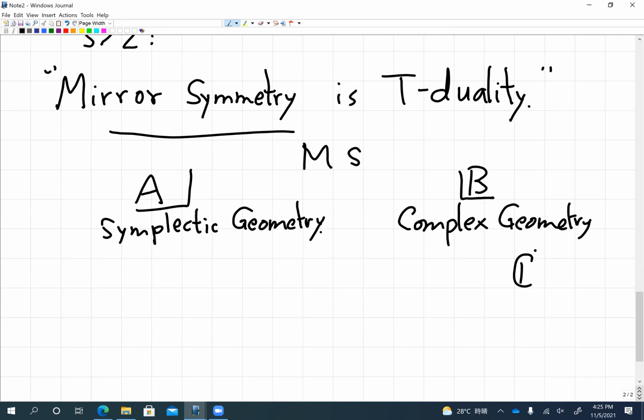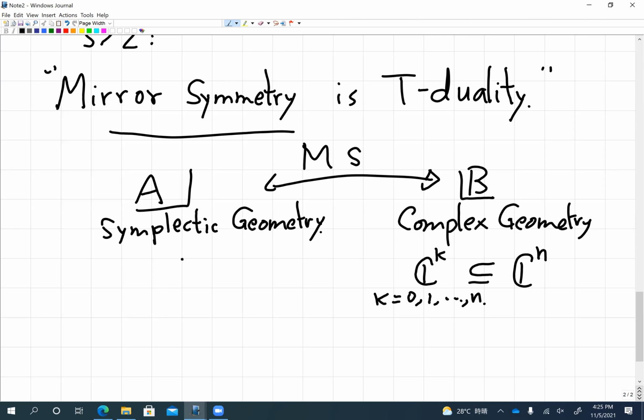So in general, a space could be like Cn. Locally, it's always Cn. In complex geometry, you might want to look at some subspace, which is Ck, where k can be 0, 1, 2, 3, 4, 5, up to n. Okay. These are complex subspaces. In general, for a curved manifold, then you could get this type of subspace locally. Okay. But on the other hand, in symplectic geometry, it's quite different.